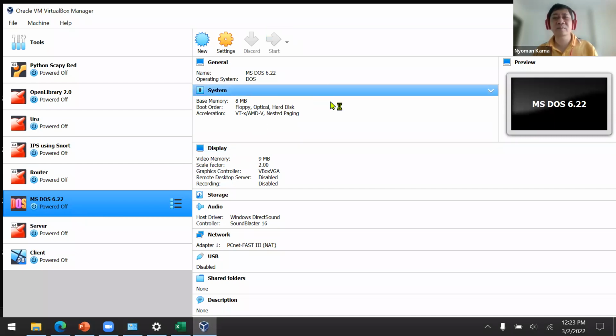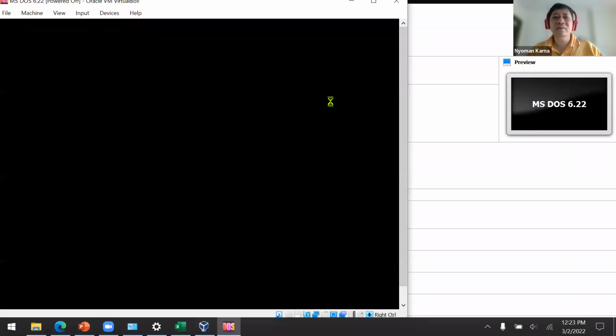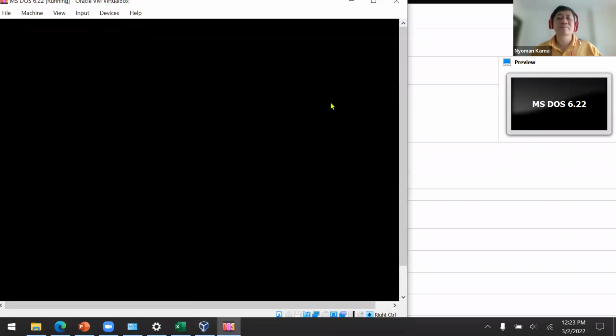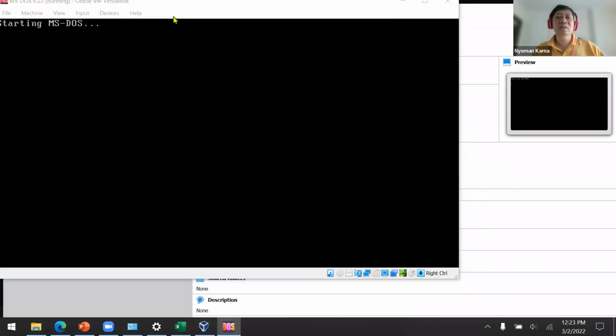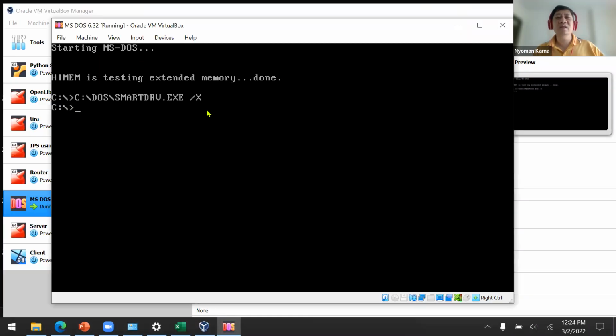We just start the virtual machine. In the old days, we don't have the GUI, the graphical user interface. We only have command line. So this is what it looks like in the old days. Everything is text.